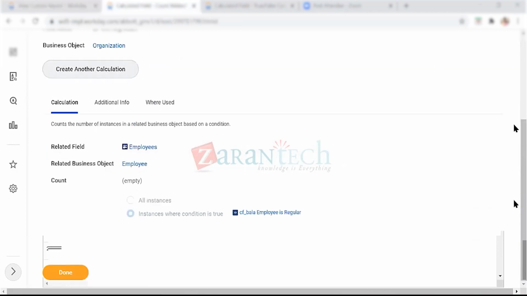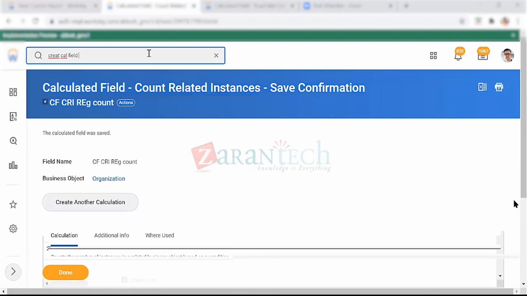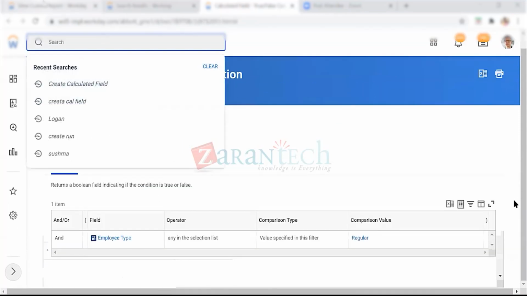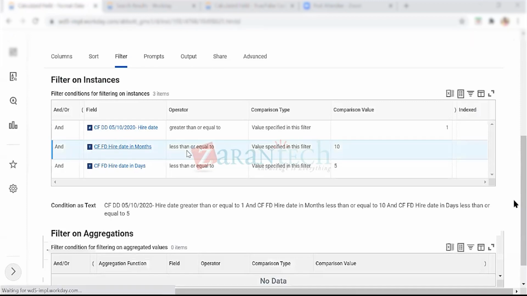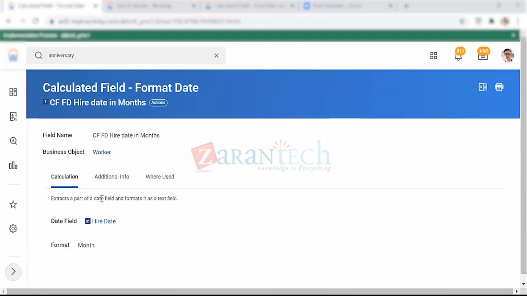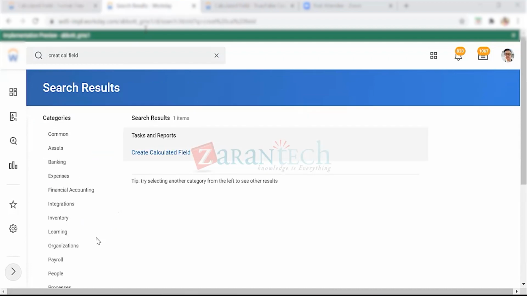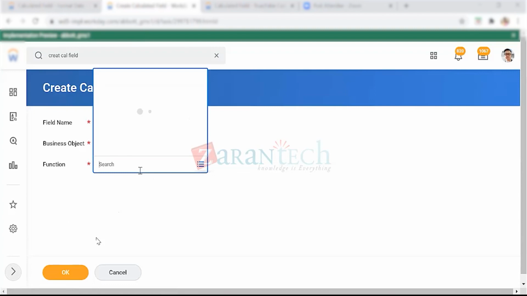You're comparing a text field to a numeric field, so what you have to do is convert the text field to a numeric field. We have a function called convert text to number. Whenever you do this calculated field, date difference returns a text field type. Let me go to that field. It extracts a part of the date field and formats it as a text field. If you compare a text field to a numeric field, it won't work. So what you do is